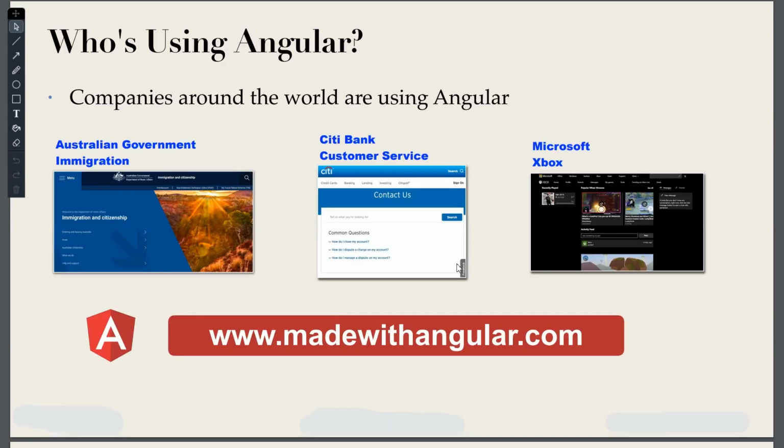Second will be who is using Angular in real time. Companies around the world, thousands or even millions of companies, are using Angular. Basically, there are three examples. The American government